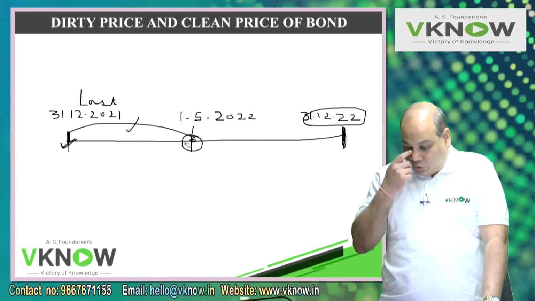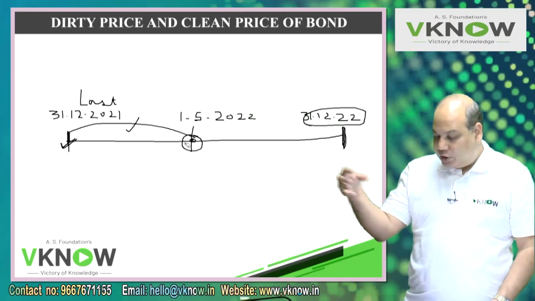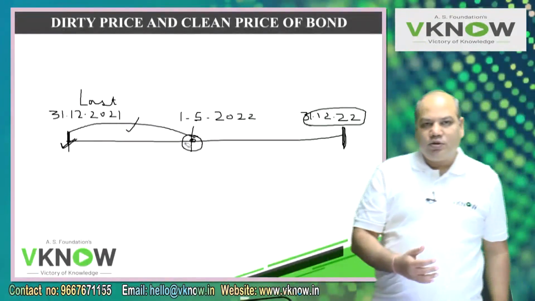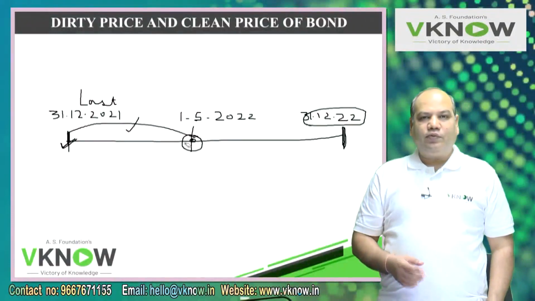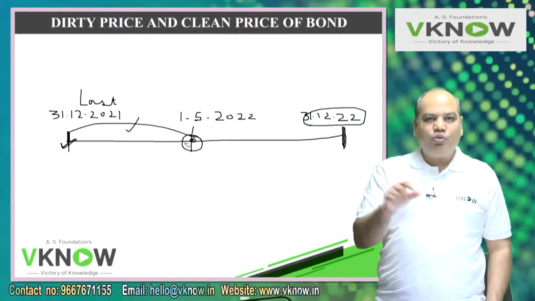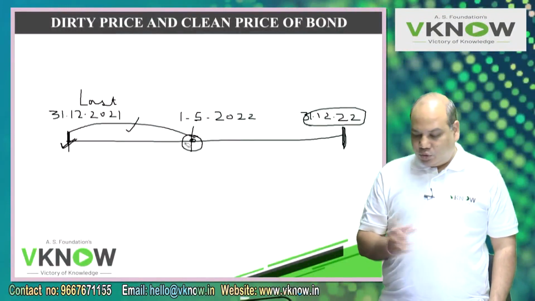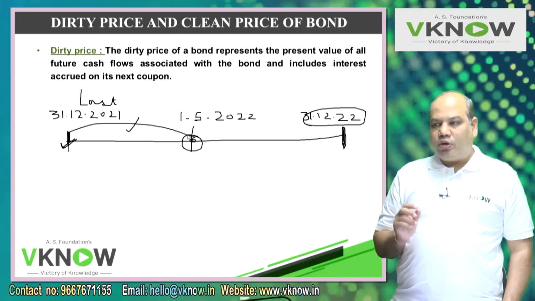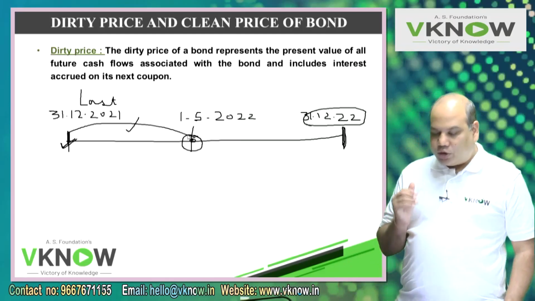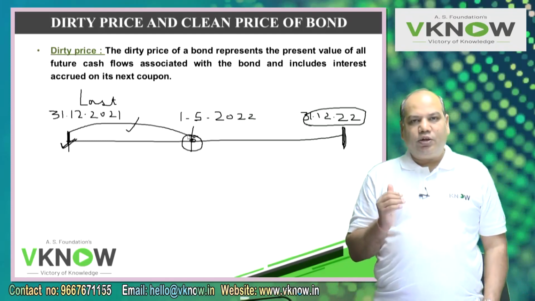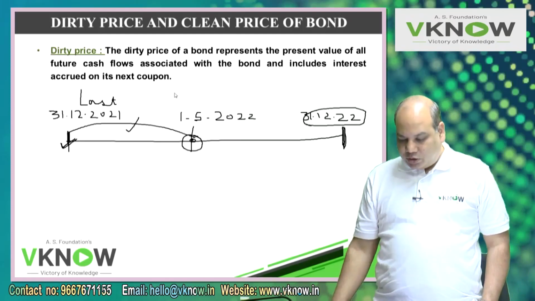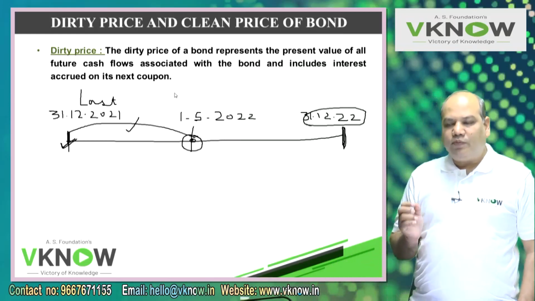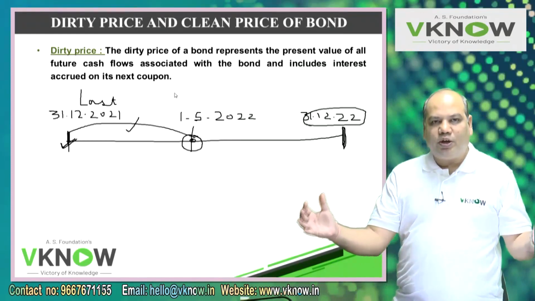Is it right? So first you value on 31/12/22, the next coupon date. You pull it back. How much is the gap? 8 months. And then you find out the value on the valuation date and do the adjustment of the interest to find clean price or dirty price. So I hope that gives you some idea what is the purpose of calculating clean price and dirty price. This requirement comes only when a bond has to be valued between two coupon dates.